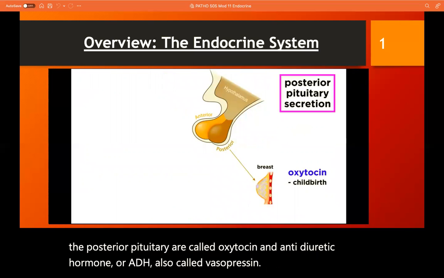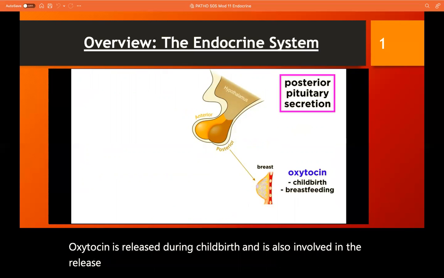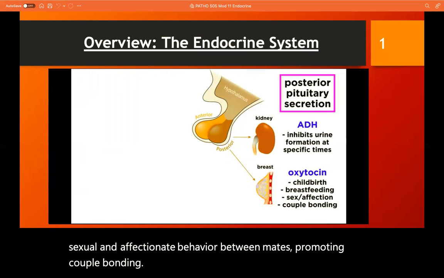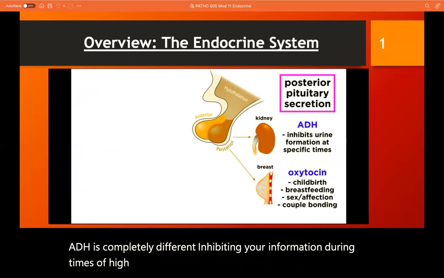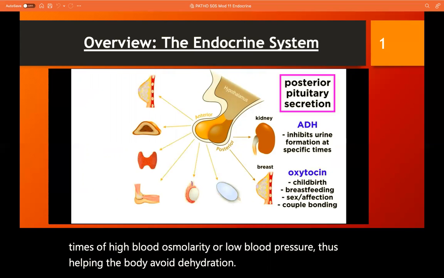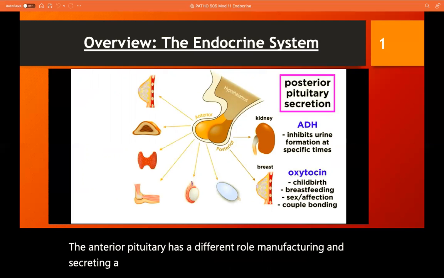Oxytocin is released during childbirth and is also involved in the release of milk during breastfeeding. In addition, it is involved in sexual and affectionate behavior between mates, promoting couple bonding. ADH is completely different, inhibiting urine formation during times of high blood osmolarity or low blood pressure, thus helping the body avoid dehydration. The anterior pituitary has a different role, manufacturing and secreting a variety of hormones that in turn